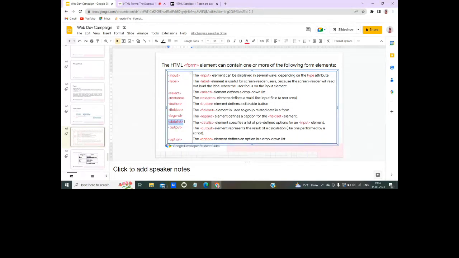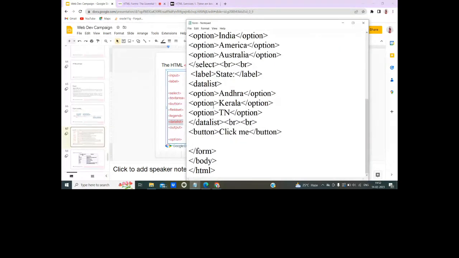So I'd like to discuss this in tomorrow's session as it is not working for now. So let's check whether field set and legend elements will work. And these are